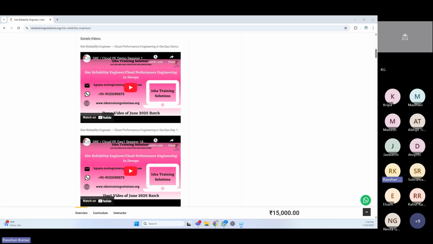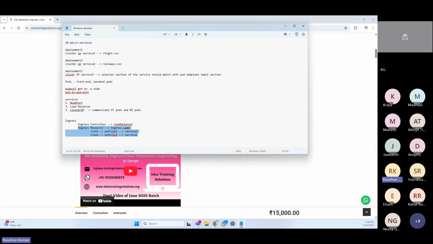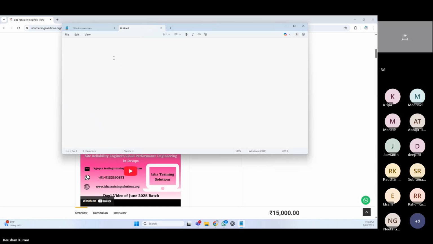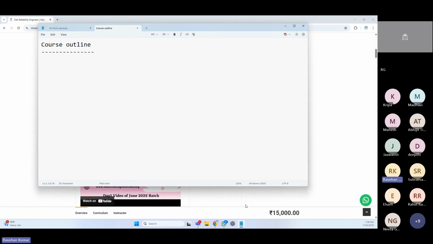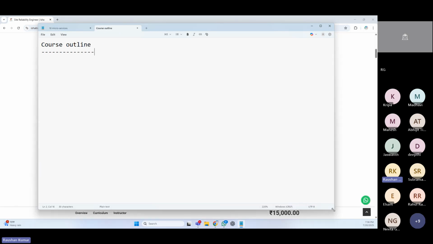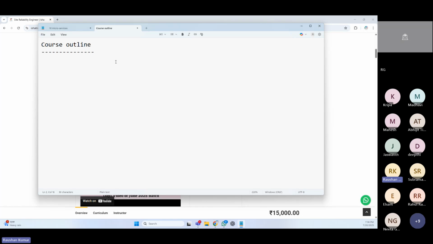So let me bring up the notepad. We'll talk about the course outline. See, when we get started, the first thing that we do, I told you there are 2 recorded sessions that we provide just to make sure that we cover most of the items, and we will meet live sessions as well. So when we get started, friends, we start with cloud